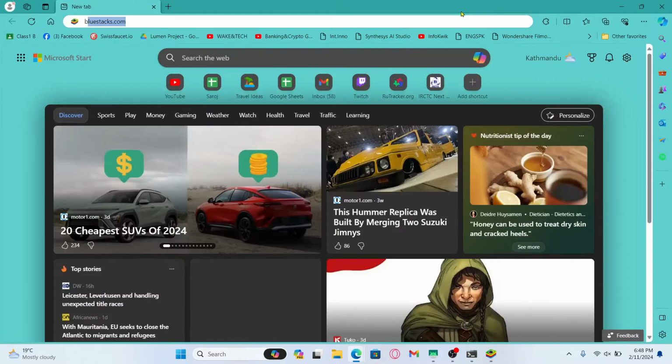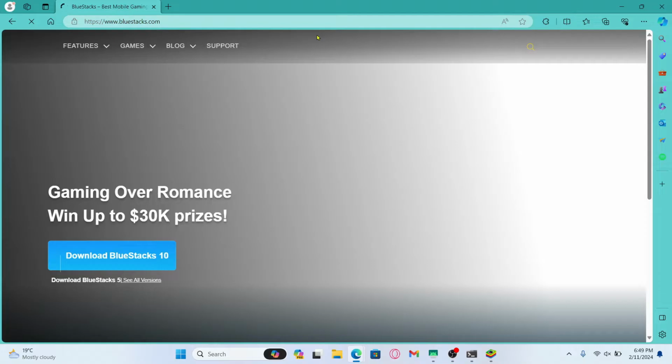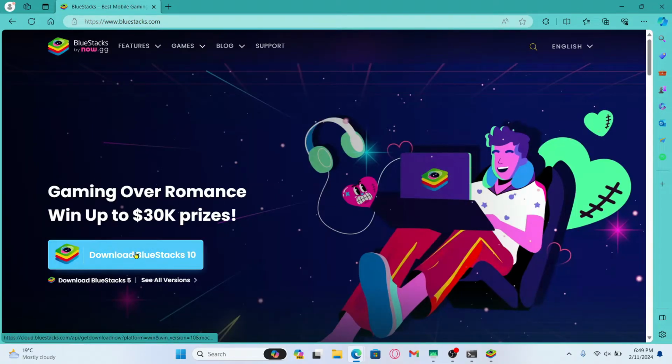First of all, open up your web browser and then in the address bar type in bluestacks.com and press enter. You will now be taken into the official BlueStacks website. Now from the home page, just click on the download button and this will begin the download of the BlueStacks